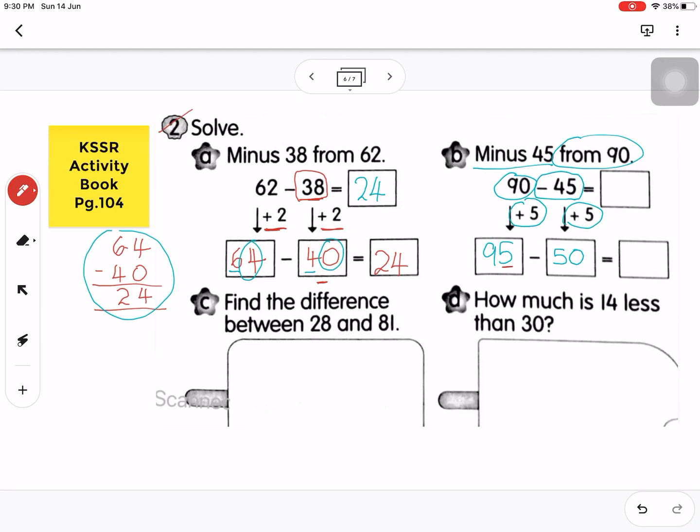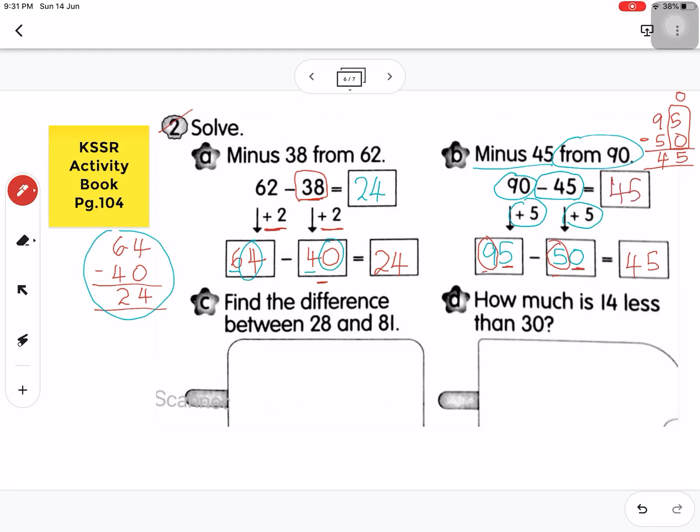That means 95 minus 50. 5 minus 0, 9 minus 5. Why do I say so? When I show you the standard written method, you will understand. 5 and 0 are in the same place, so 5 minus 0 equals 5 without borrowing, because 5 minus nothing will get 5. And then 9 take away 5. Count back 5 steps from 9: 8, 7, 6, 5, 4. The answer will be 4. So 9 minus 5 will be 4. So the answer is